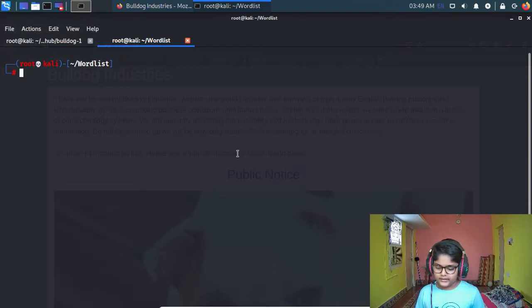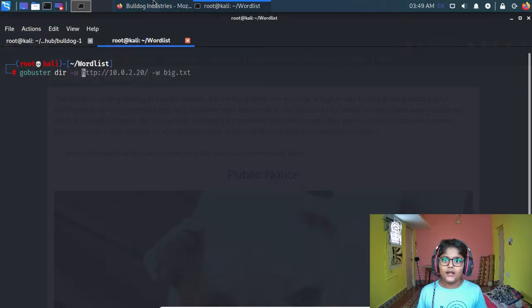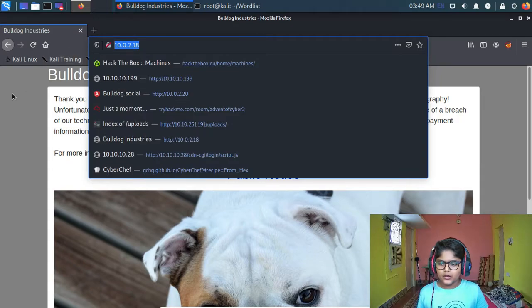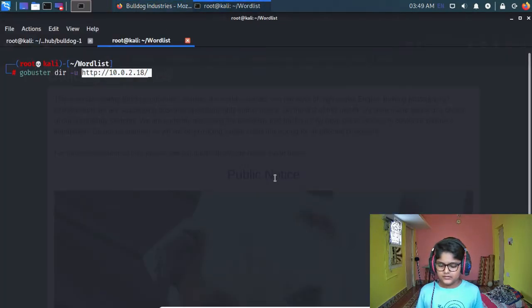So let me run GoBuster in directory mode, because I need to find directories like a login page or sign up page. Use the flag for mentioning the URL. Let me copy it and paste it.